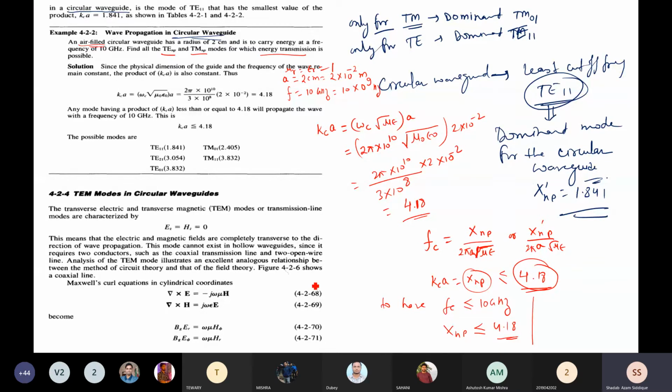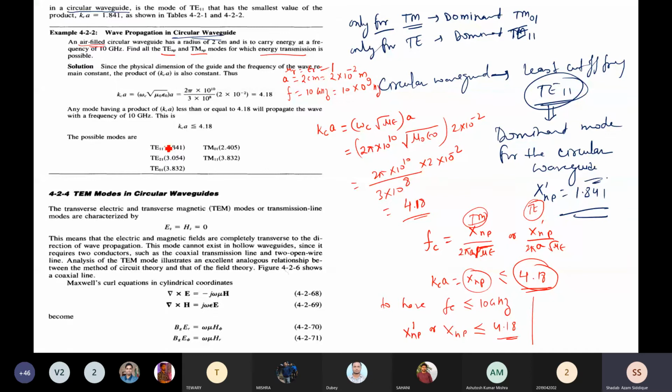And you can find out from the table that XNP or XNP dash, okay, both, not only XNP, XNP dash also, because this is for TE and this is for TM. So both TE and TM will exist. So you can find out from the table, and if you go into the table,